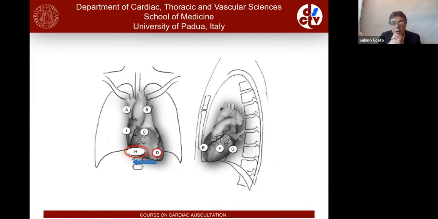So the final concepts are, number one, we need to reevaluate cardiac auscultation because we need an easy filter that can be done everywhere. But cardiac auscultation is the expression of a clinical evaluation approach. Secondly, cardiac auscultation is a fundamental step of the clinical approach to the patient,